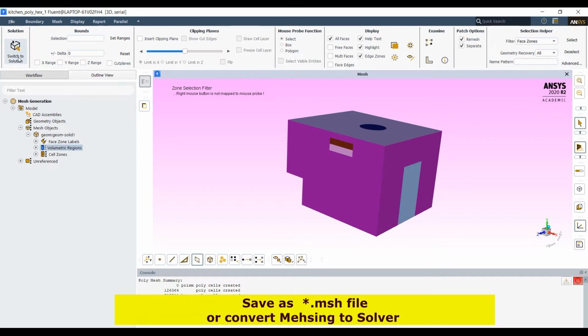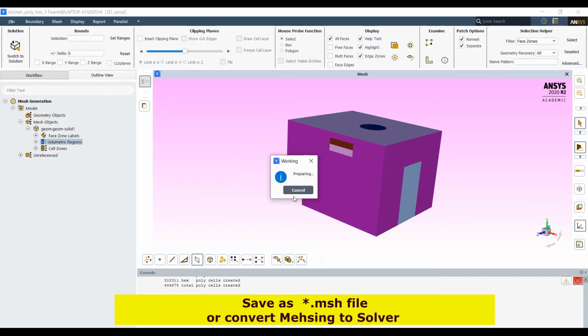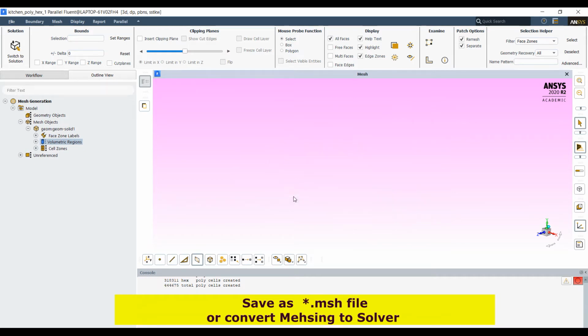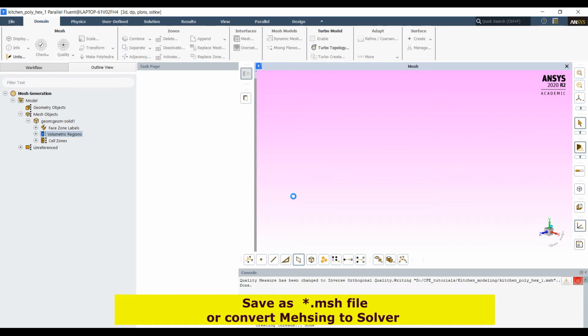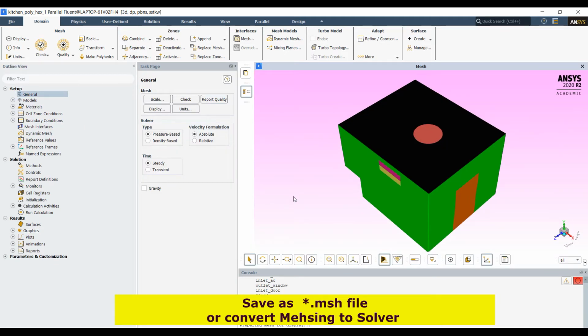Here we can also click to move directly from the meshing platform to solver mode. Then click switch to solution, yes. Then the mesh will be read directly in Fluent Solver.